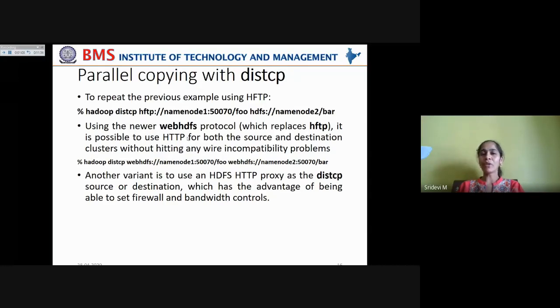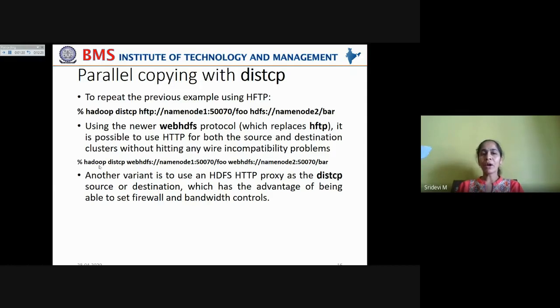That is why we can also use the WebHDFS protocol to copy data between the clusters. The newer WebHDFS protocol, which can replace HFTP, makes it possible to use HTTP for both the source and destination clusters without hitting wire incompatibility problems like those that would arise with HDFS if Hadoop clusters are running different versions of Hadoop.